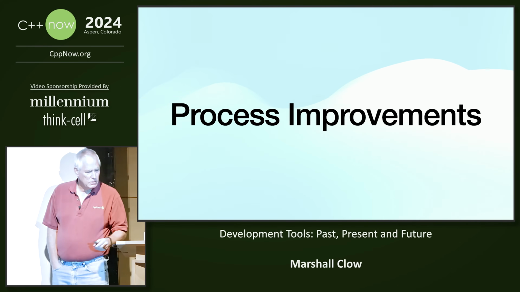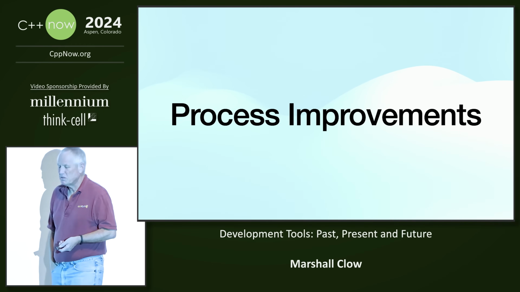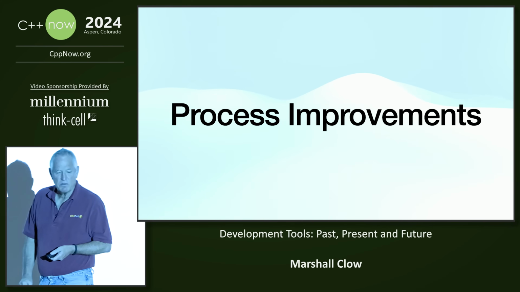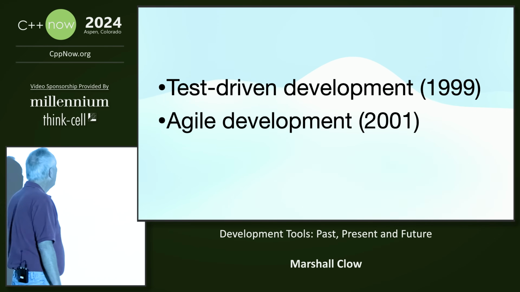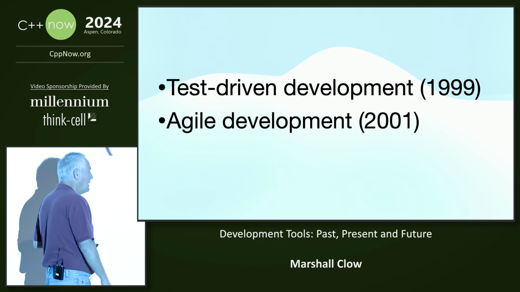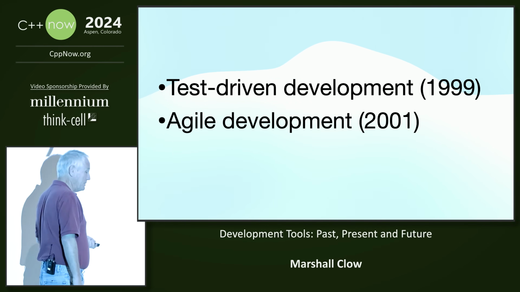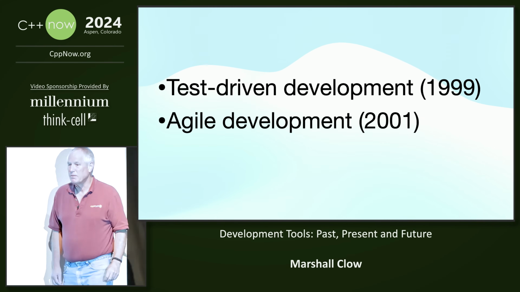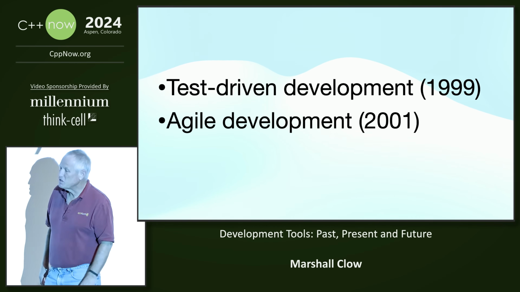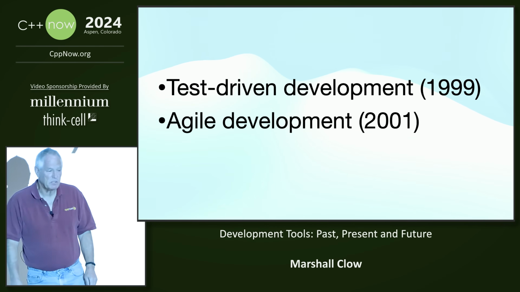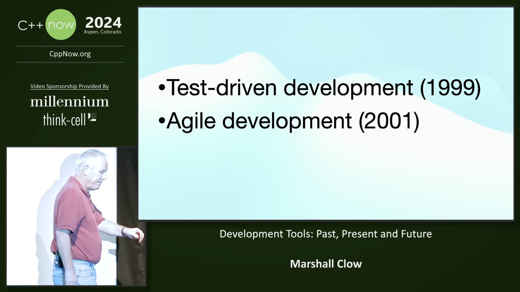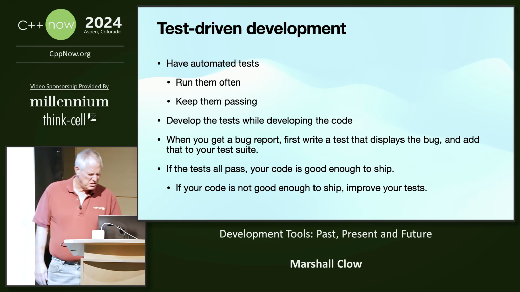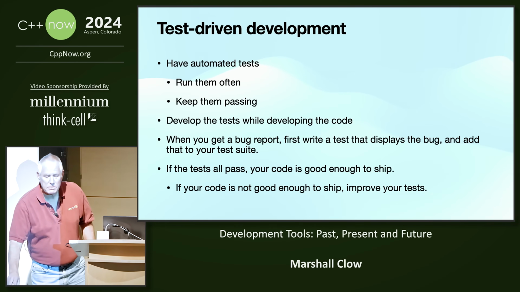Along around the turn of the century, we got a couple of process improvements, things that became popular in helping people write software that were not strictly software development tools. And they were TDD and agile development, excuse me, not agile programming. A little bit before this, we had things like extreme programming and pair programming and so on. But these are the ones that, in my mind, made the biggest difference. So test-driven development was actually developed or popularized by Kent Beck in 1999.